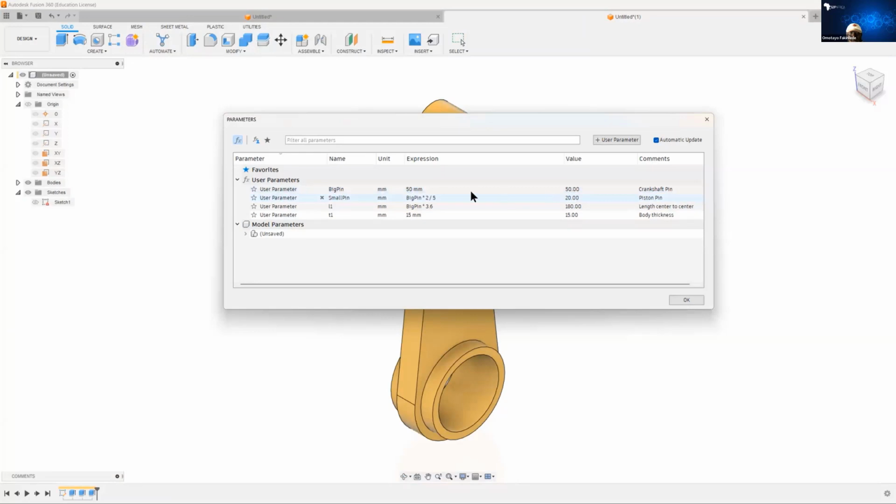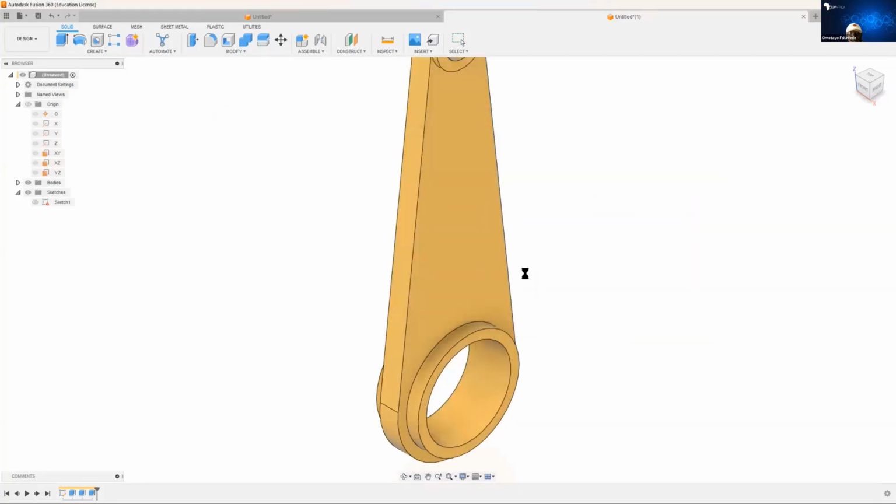My big pin here was 50. A lot of things depend on it. So if I make my big pin 70 instead, and I say okay, immediately